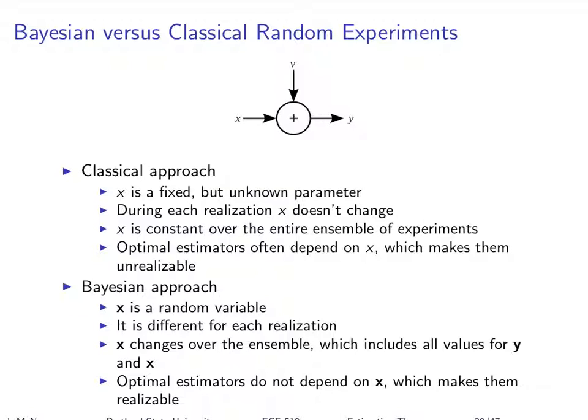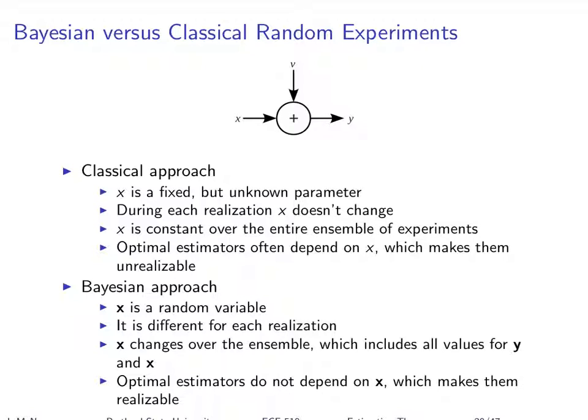But that was an example where we had an unknown autocorrelation that is not random, was fixed. And when we came up with the optimal estimator, it depended on the actual autocorrelation, which was exactly the thing we were trying to estimate. So it's like, great, now what do I do with this? And that's kind of a hole that you often end up in with the classical approach when you're trying to do optimal estimation. With Bayesian estimation, you often get out of that. It never depends on what you're trying to estimate, because you model the thing you're trying to estimate as a random variable.